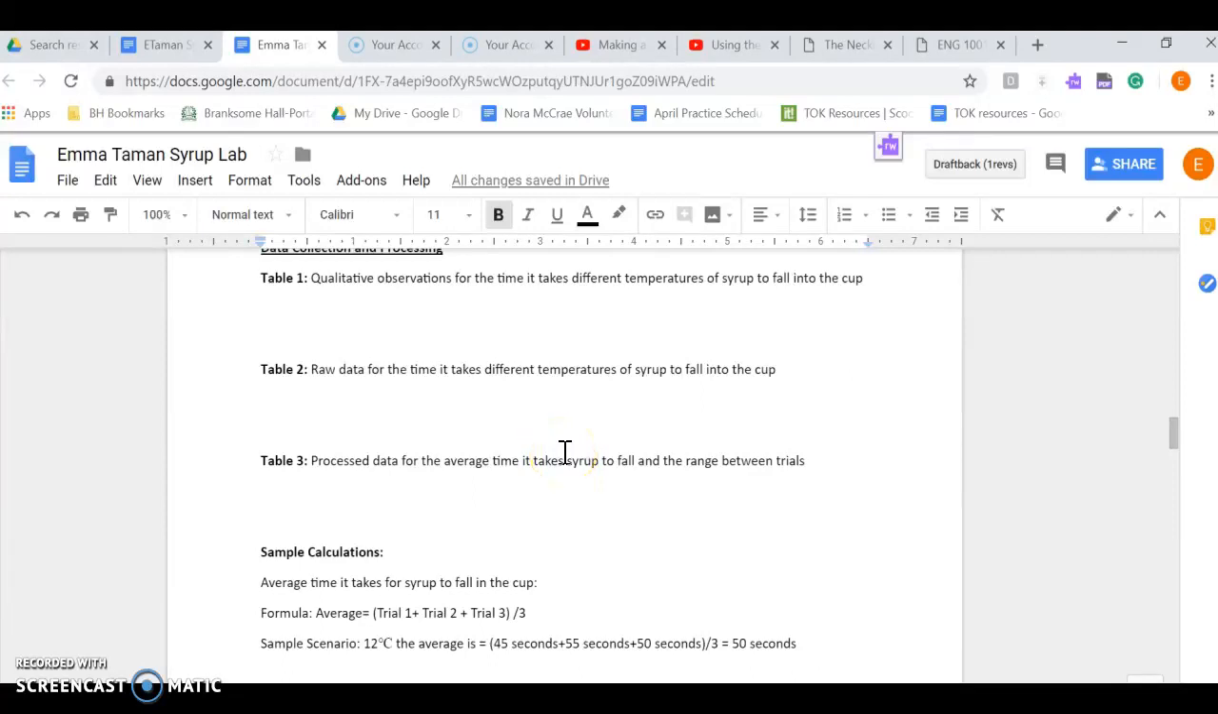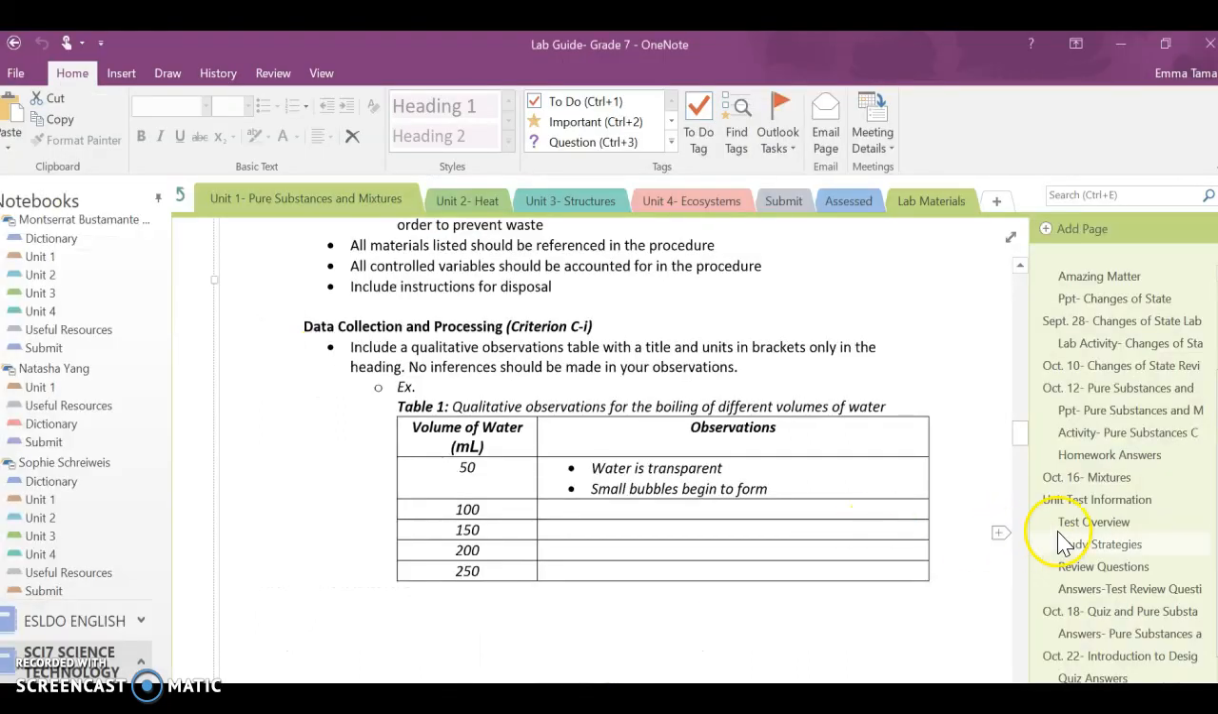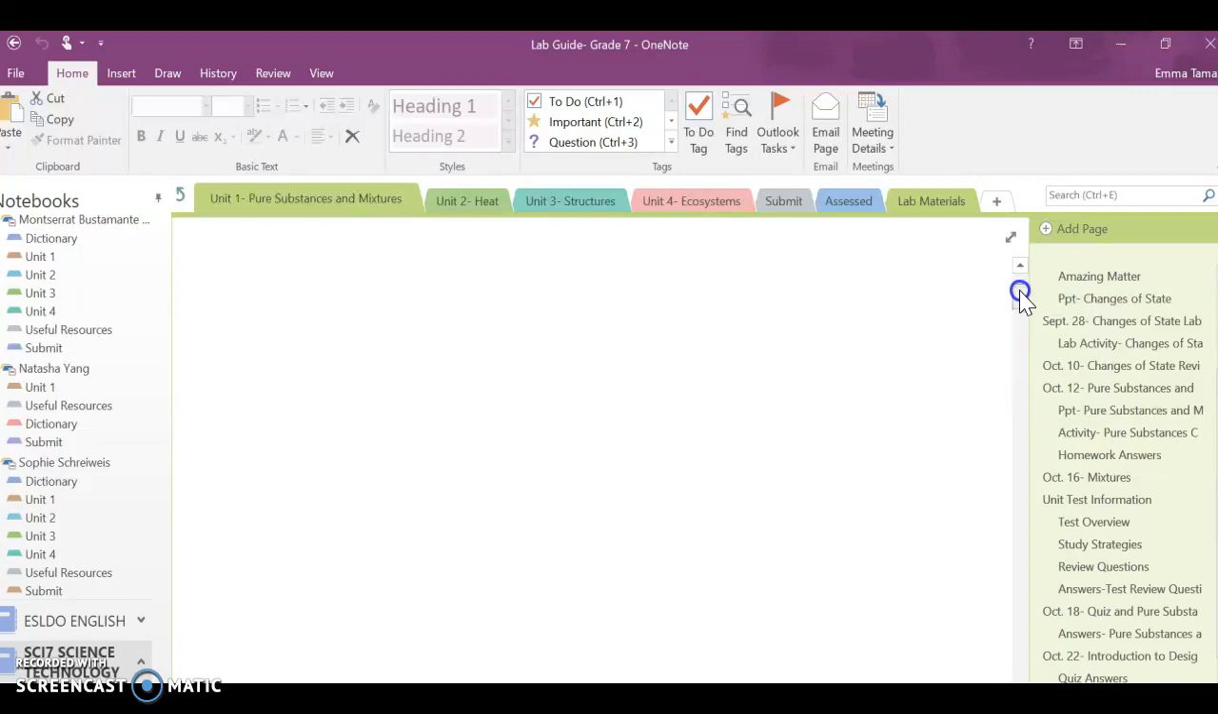Okay, so for this video, I'm going to show you how to insert tables into your Google Doc. In order to do this, you'll see today we're going to do three different tables: our qualitative observations table, our raw data table, and our process data table. Now, to know what these tables look like, our first step is always going to be looking at our lab